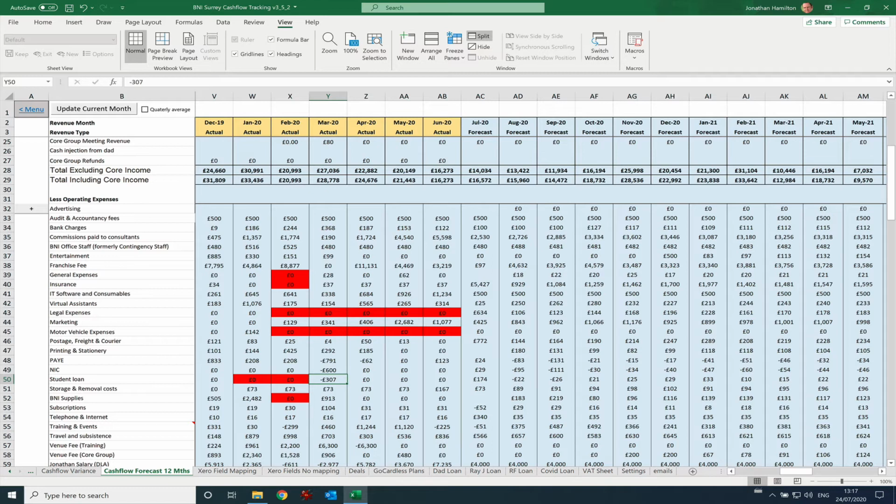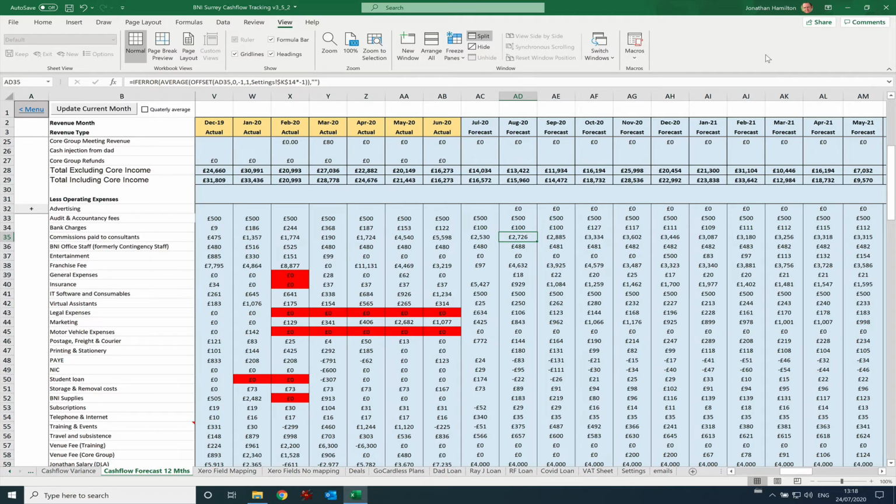Now, there's a couple of areas where there are some mistakes. So, commissions paid to consultants. I'm sure these figures are historically accurate, but going forward, the predictions based on the rolling 6-month average really shouldn't be. There was a formula in the original sheet that I sent you, which, if I just scroll back to,